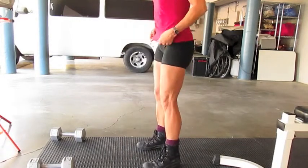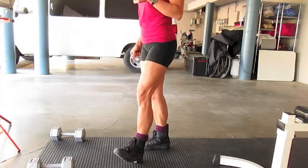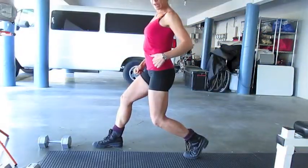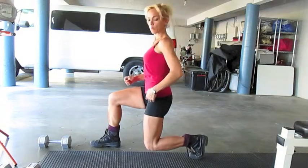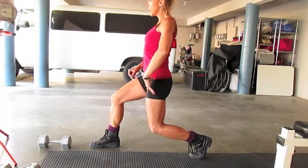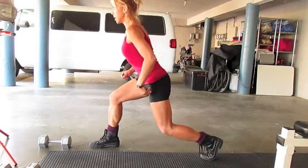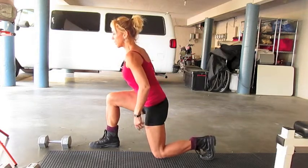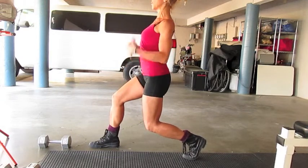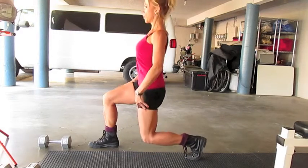Alright, so on the profile view, for quad emphasis, it's going to be the rear leg in the split squat. Ideally, you want to have a vertical column at the bottom of the rep from knee to shoulder to hip. You want your shoulders down and back. You don't want to be sloped forward or leaning forward. You also don't want an elongated stance wherein at the bottom the knee is going to be way behind the hip. You want a vertical column, you want your shoulders down and back, good posture, and that load digs right